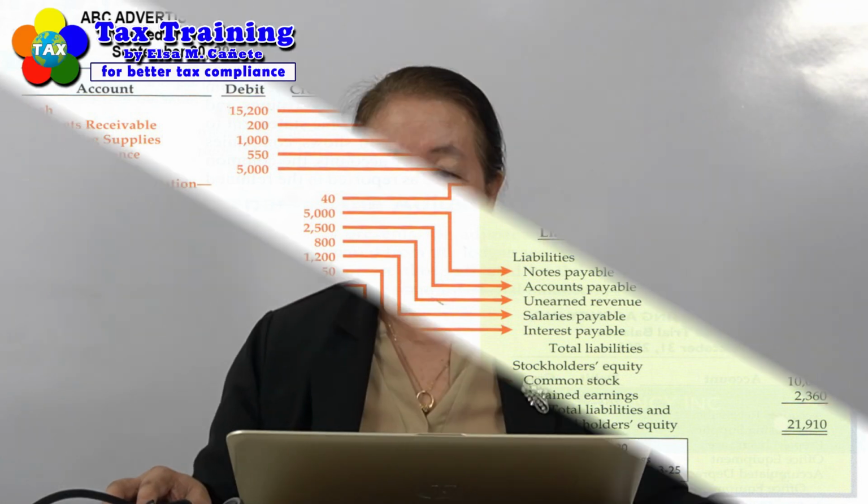21,910, no? So, yan po yung ating adjusting entries na sana makatulong sa inyo because tamang-tama po, December na ngayon, and it's about for you to close your books of accounts, kaya magpe-prepare na po tayo ng mga